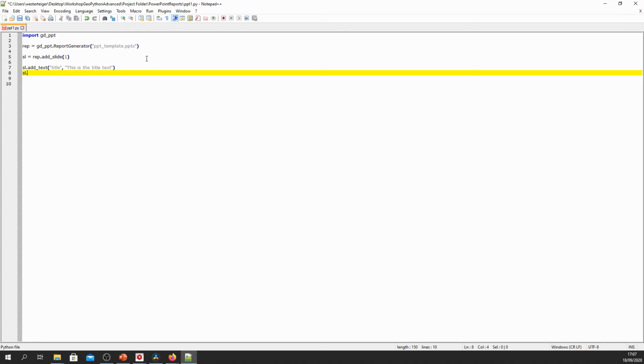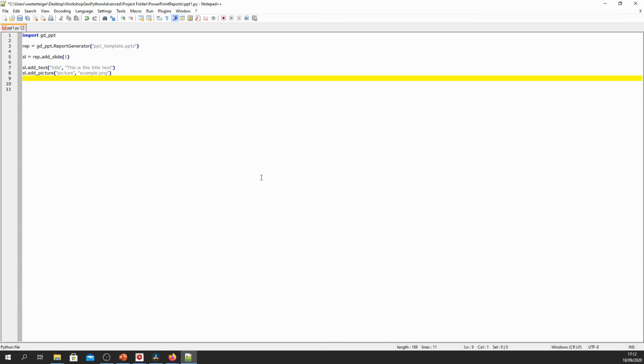Then we continue by replacing the picture. So sl.add_picture. The picture on this slide was called picture. And here we now define the file name of the picture. It has to be in the current directory on the disk. And we saw the image example.png, and this is what we're going to be inserting here.